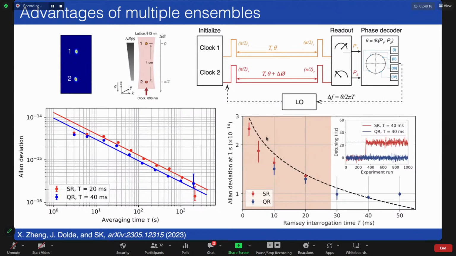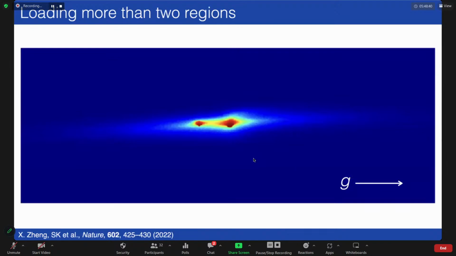So when we do the standard Ramsey, which is SR here, after about 20 milliseconds or so, we don't know exactly where we start to experience fringe slips or phase slips. But when we use this quadrature Ramsey technique, we can go all the way out to 50 milliseconds before we start to experience these fringe slips. And that then allows us to actually achieve a better absolute stability of our clock compared to a single ensemble case. Of course, we'd like to do more than that, and we don't have to stop at loading just 2